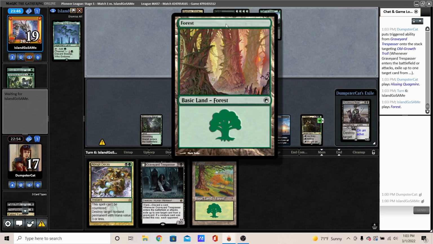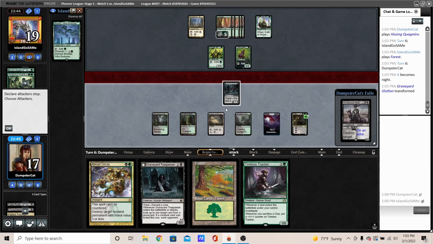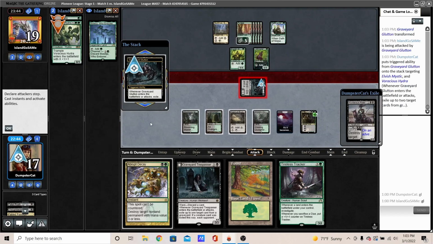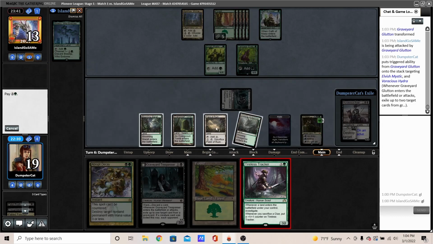Yeah, nice lands. Okay, and they're just hitting more forests, which is nice. Trackers. Oh man, Trackers are very good as well. Okay, let's attack. Flipping the Trespasser is obviously insane as well. So let's Tracker,